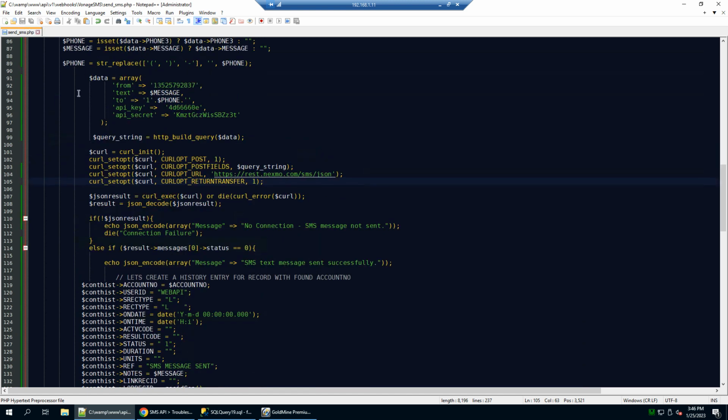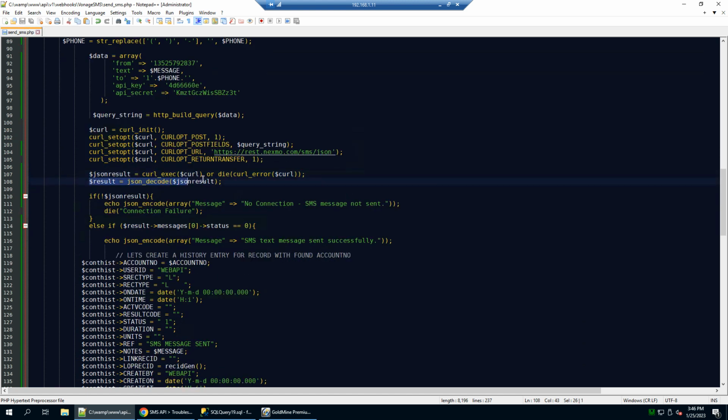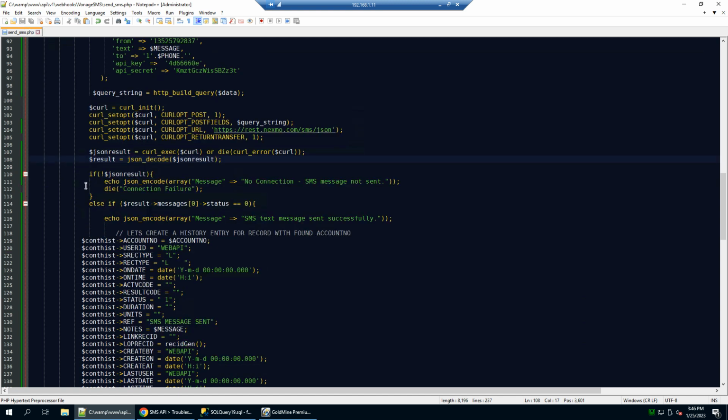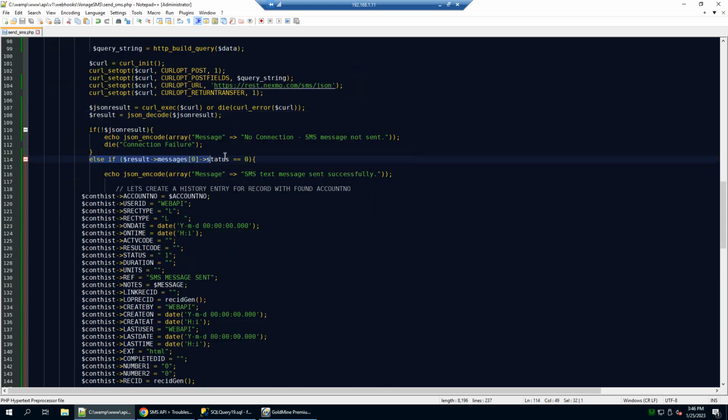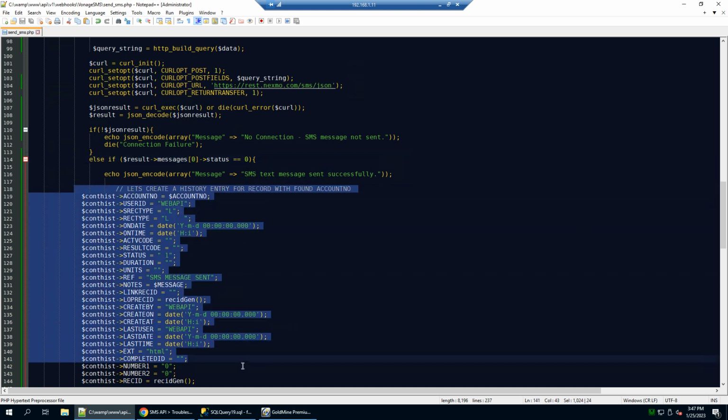So this webhook grabs that data, formats a message, and then sends that message to Vonage to send. Vonage returns a result to us. They return a result code that says, hey, your message was sent, or maybe it wasn't sent. If it was sent successfully, the status code from this result is 0. If the result is 0, it means the message was sent successfully. Well, if that's the case,